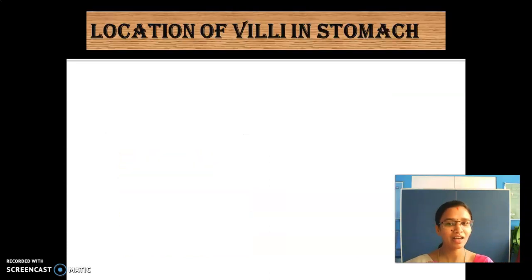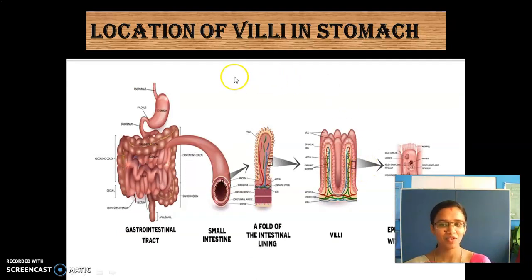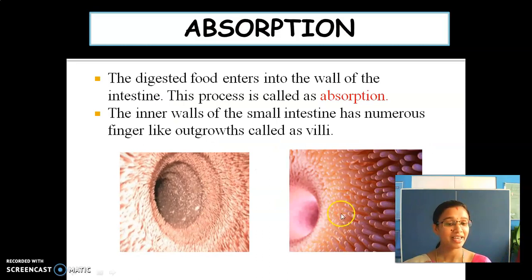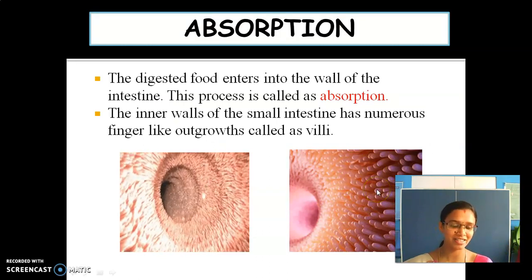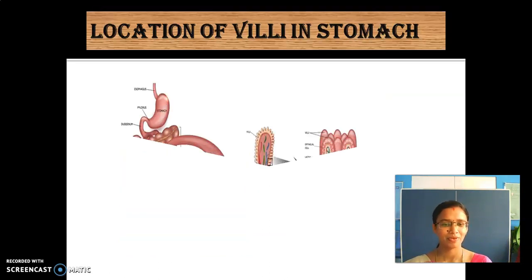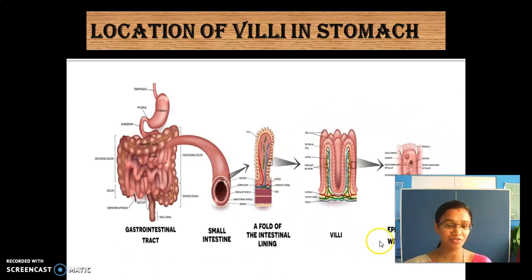Okay, and then where are these villi? Okay, see here you have the stomach. So what is this? Small intestine. Inside the small intestine you are able to see these small projections, right? So that is called villi. See here. This is the inner wall of the small intestine. So the villi are present there. Then, this is the structure of villi. In the last class itself, I have given you the structure of villi, right? Just have a practice of it.